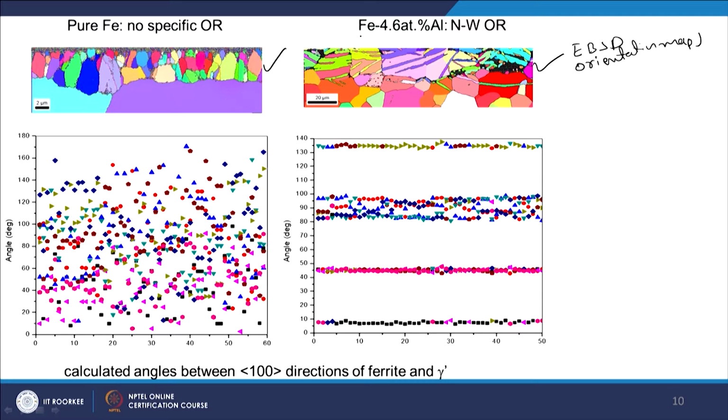And for the nitrided iron aluminum alloy and for pure iron. What is the meaning of orientation map? Here you see that all these plate-like features are of iron nitride gamma prime, and these other rather homogeneous features are the original ferrite grain boundary. So, the different colors show the orientation, meaning the crystallographic orientation, of the iron nitride and the BCC iron.